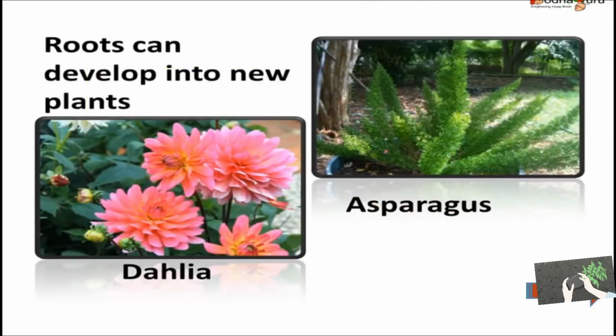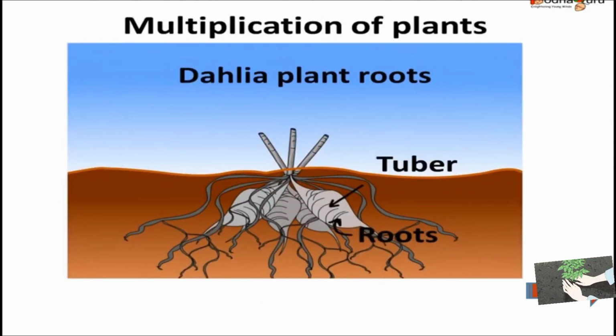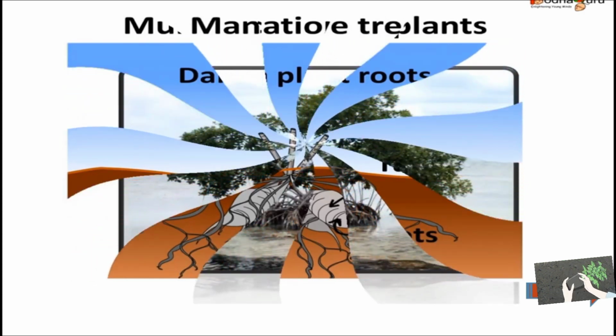Students, in some plants the roots help in reproduction, for example dahlia and asparagus. These roots develop into a new plant. Okay students, get it? Students, the dahlia plant stores the excess food in the secondary roots. These can be sown. They are called tuberous roots. Sometimes the plant shoot dies but the tuberous roots remain in the ground. Then a new shoot grows from the tuber. This helps in the multiplication of plants.